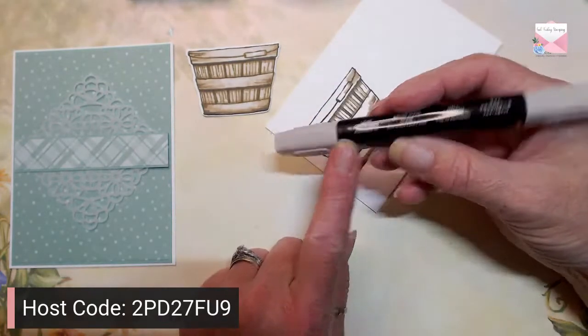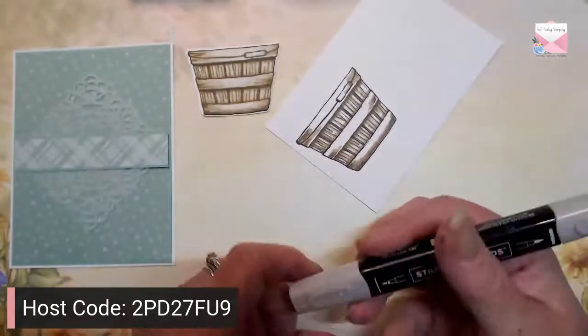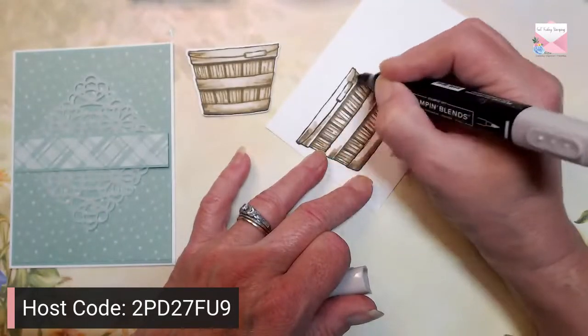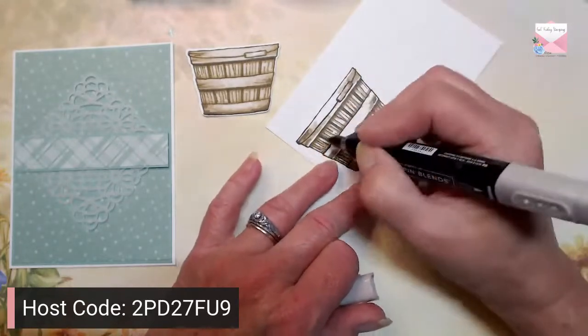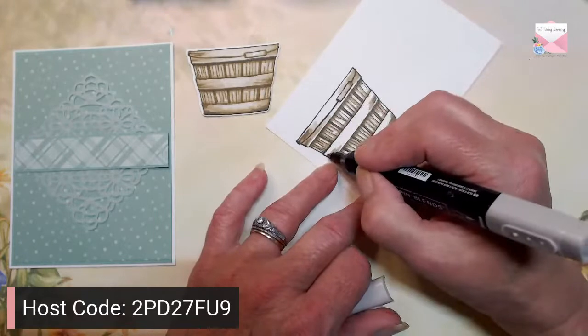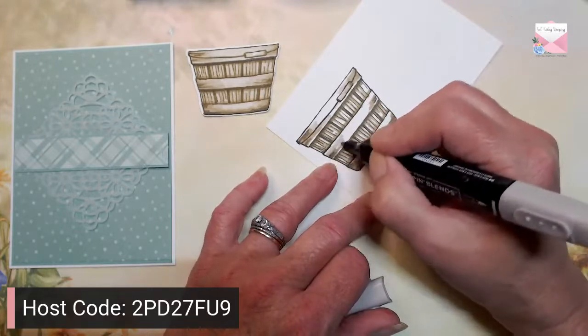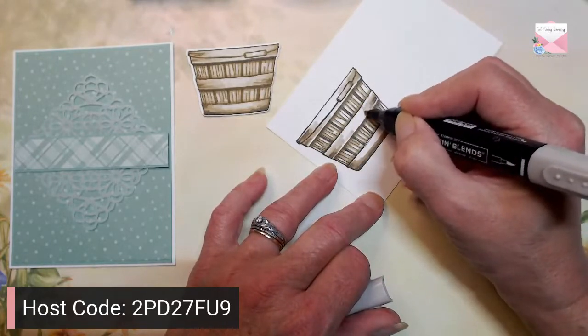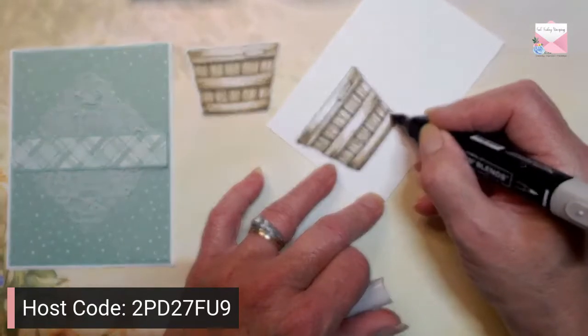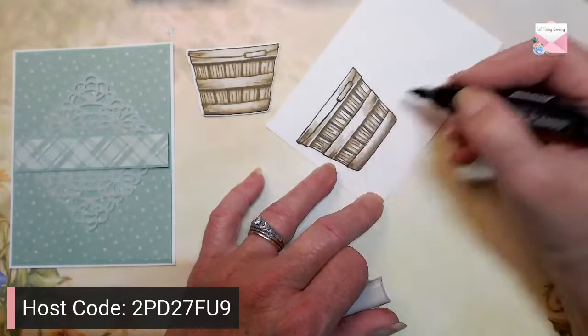Then I took the light crumb cake, and I'm going to extend this color again. For the basket here, I'll show you what I'm going to do. So I'm just going to extend this color. We don't really have to worry about seeing lines in your coloring